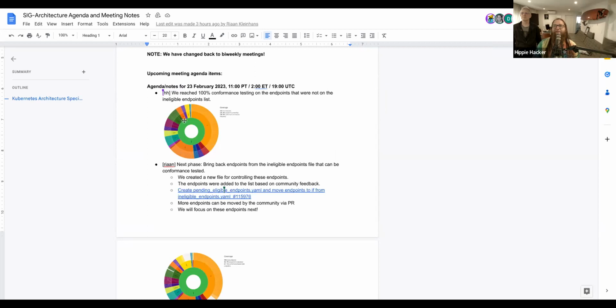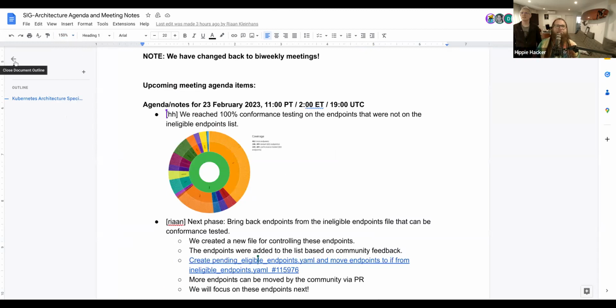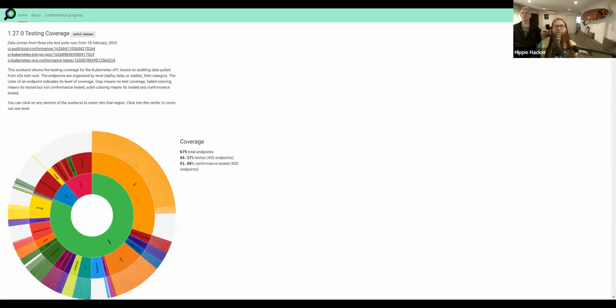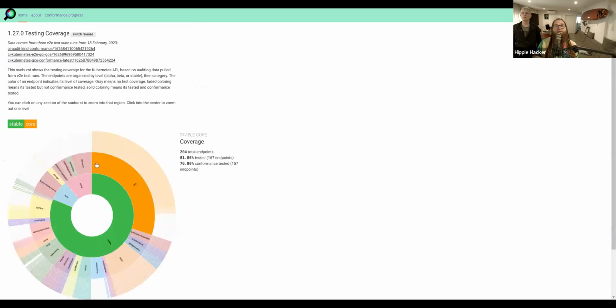Yeah, and that's exciting. It's visible on api-snoop.cncf.io. When you first reach it, it shows you every endpoint in Kubernetes. What's fun about that is it shows the whole shape of Kubernetes and all of the endpoints. We can mouse over them and see all of our history for the different releases, and you can click on alpha or beta and see what's up and coming. It'd be nice to get the velocity of where they are in the development and promotion process.